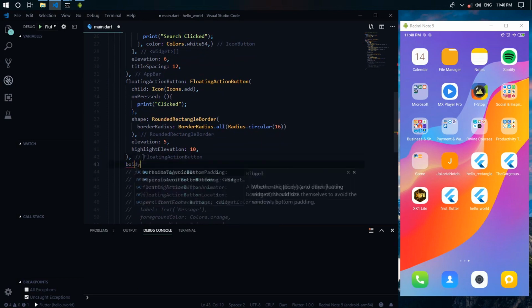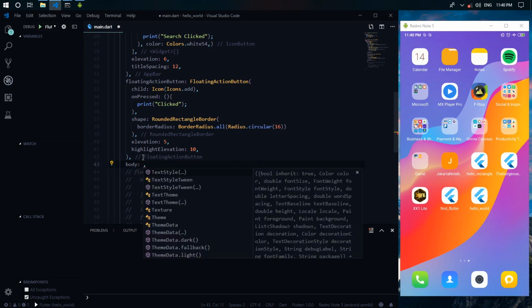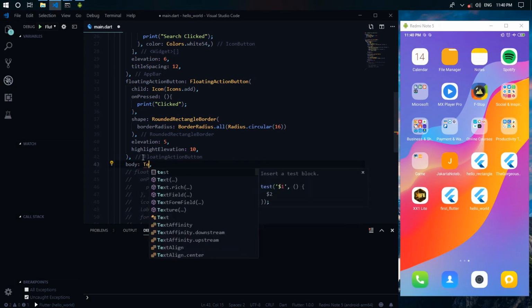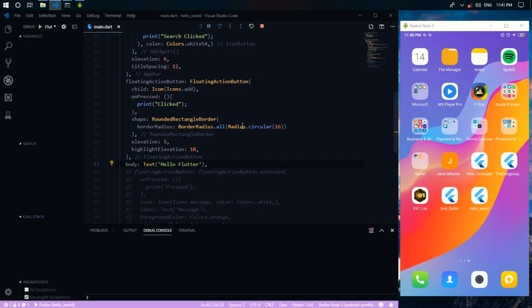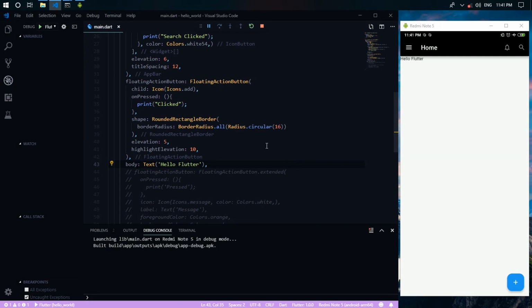We add body here, and inside this body we add a text widget and put some text, maybe Hello Flutter, and just run our app. As we can see on the screen, Hello Flutter has appeared in the body of our Flutter app.